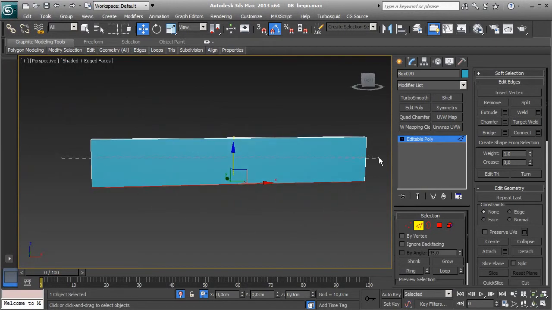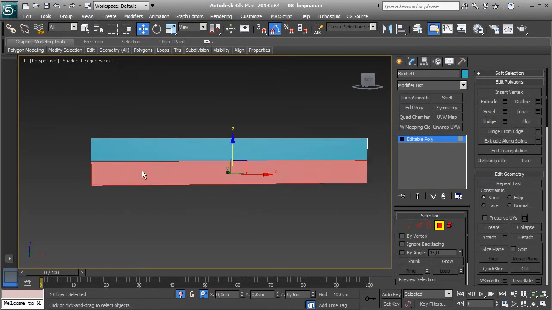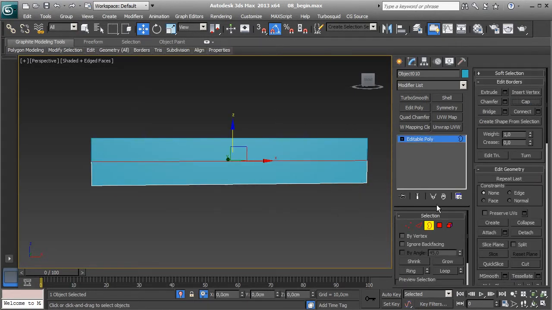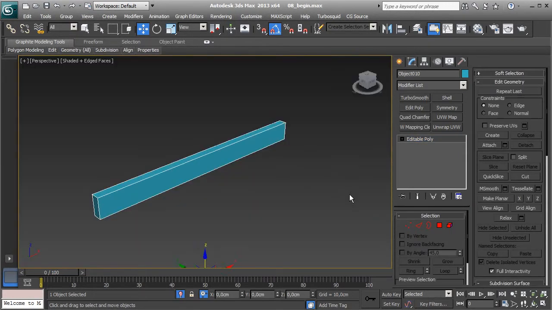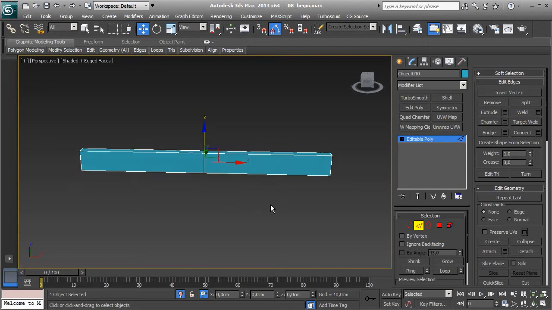Now select these edges, hit connect. Now detach these polygons. Okay, and select border, cap, and here same thing, cap. Now let's isolate only this part, select these edges and connect 1 segment,